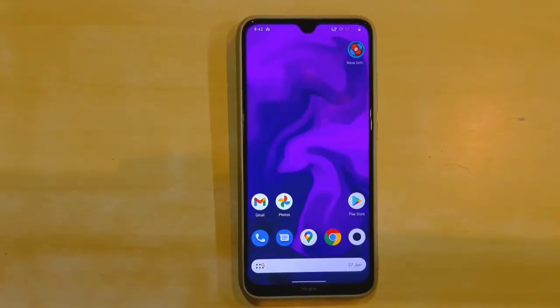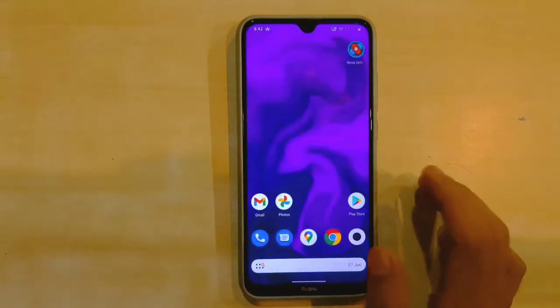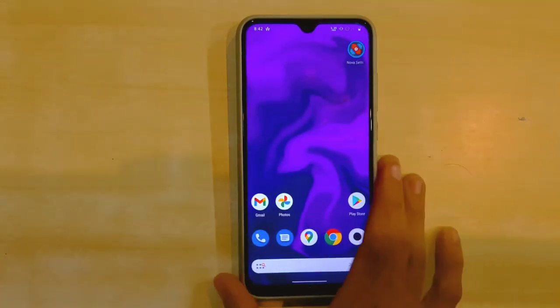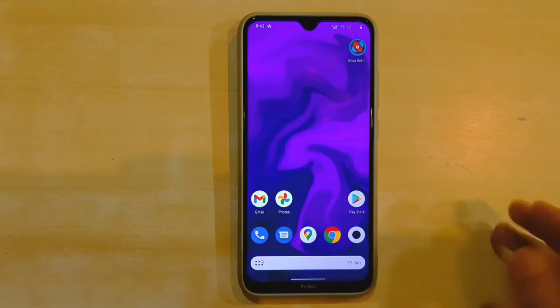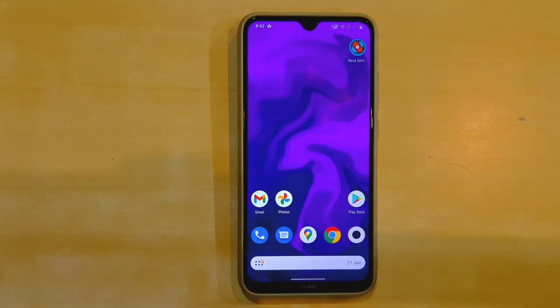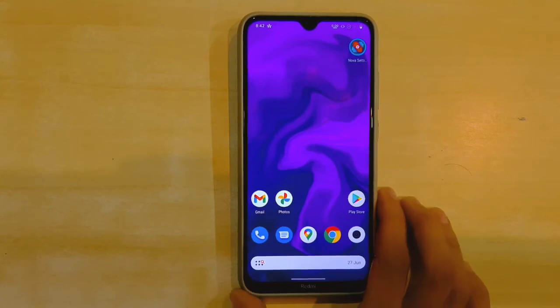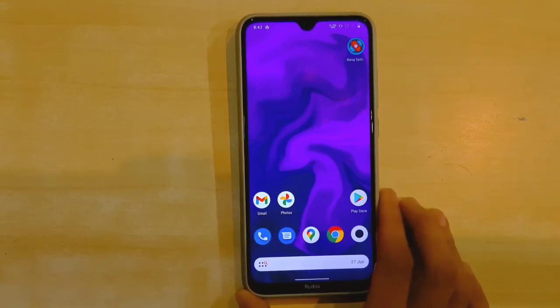So yeah, the fourth app for today's episode is Nova Launcher. I know it's pretty common and known to everyone, but what makes this one exceptional is that this is a beta one, which the Nova Launcher devs are providing to users in their Discord channel, whose link I'll be giving in the description. There are a lot of changes which the devs made in this one.